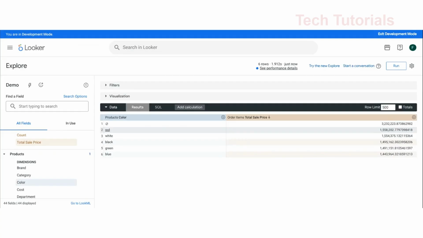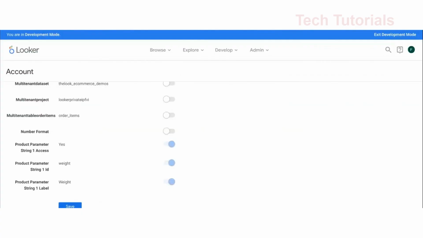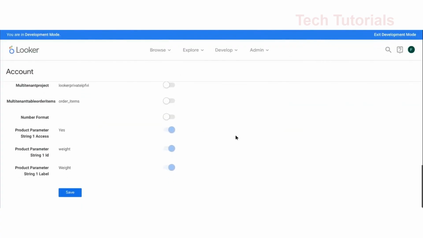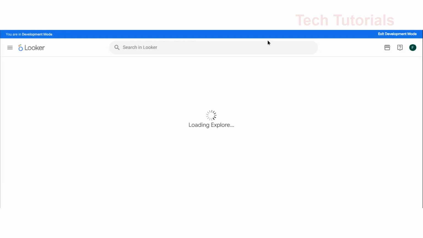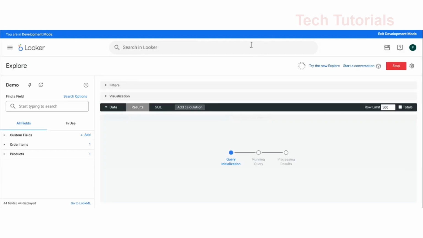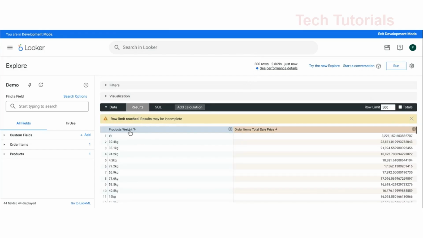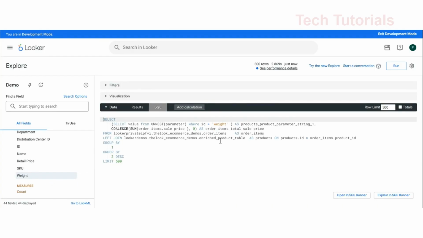Now, let's see how quickly this adapts. I'm going to change these attributes in my profile, and we'll watch the report transform instantly. I've just updated the parameters in the admin panel, so let's look at the results. This was our report before the change, where we were looking at color. Now let's refresh the page. Instantly, the field in the picker has been renamed to weight. Even the column header in our results table has updated to reflect the new label. Behind the scenes, the model is now targeting a completely different key in our nested data without changing